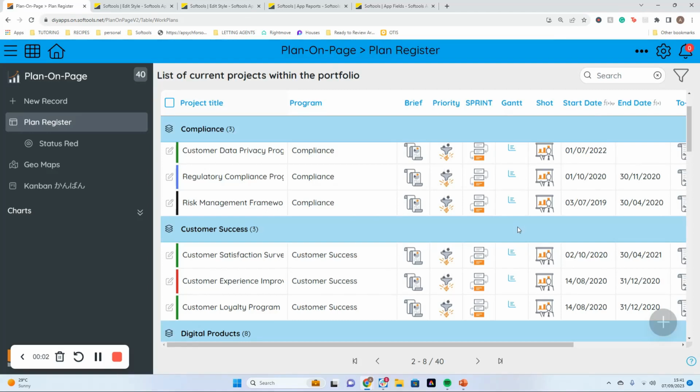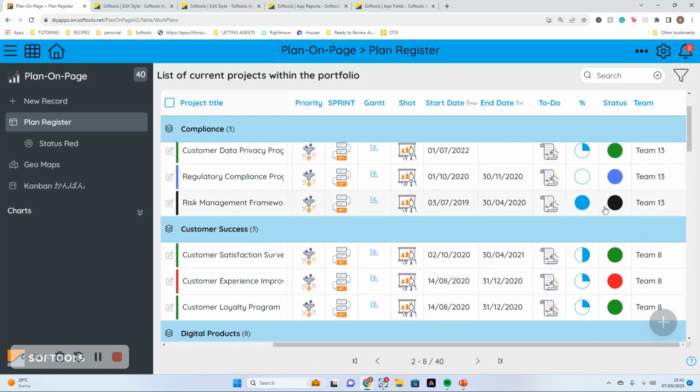In this video, I'm going to go through how to add a border color, like these ones here, into your table report. So these border colors are based off of the status field, as you can see. So the first thing that you need to do in order to set this up is to add in the